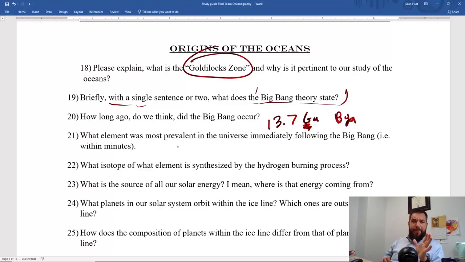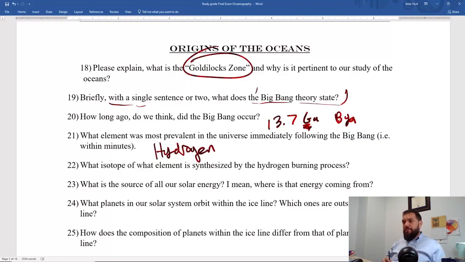Now, at that moment of the Big Bang, what was mostly in existence? I shouldn't say at that moment, but let's say minutes after the Big Bang. It was mostly hydrogen, right? So hydrogen is the predominant element of the universe as far as we know, not including things like dark matter, but as far as we know, hydrogen is the main and predominant element of not only the universe but of the solar system too, right? So the solar system, the sun, what is it mostly made of? Hydrogen.